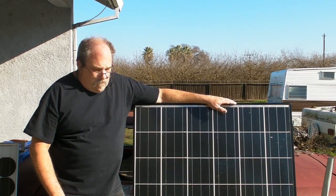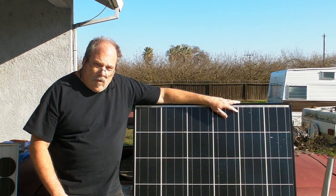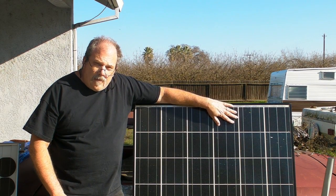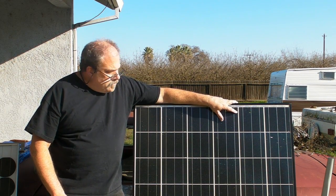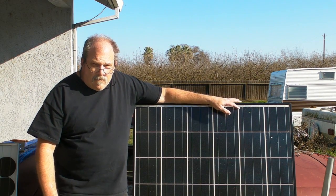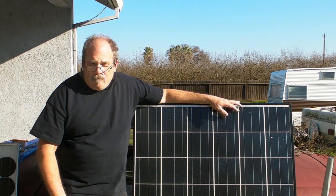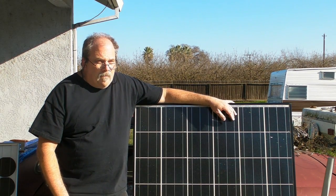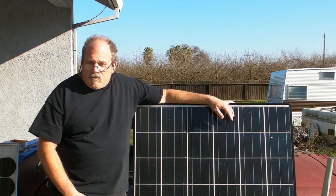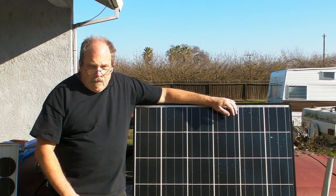We have 7.2 kilowatts worth of panels on the roof. They're 180 panels rather than 200 like these ones. Same brand. These are Kyocera, and the ones on the roof are Kyocera, or how some people pronounce it, Kyocera, whichever. I kind of pronounce the Y in it, Kyocera. Sunny Boy inverter. We got a